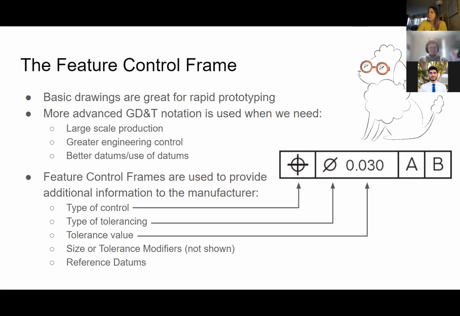And then the next one, which is size and tolerance modifiers. These are the optional ones. They're not shown, but they go right behind that number. That's a little bit too complicated. We can get into it if we have a little bit of extra time, but essentially there are additional modifiers you can add as the engineer and as the manufacturing engineer for this process. So for example, they'd revolve around